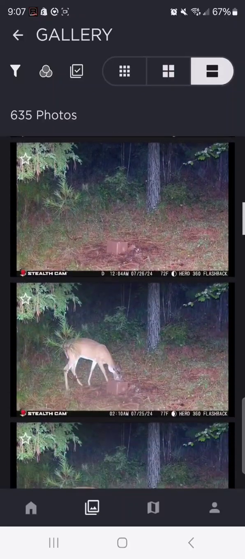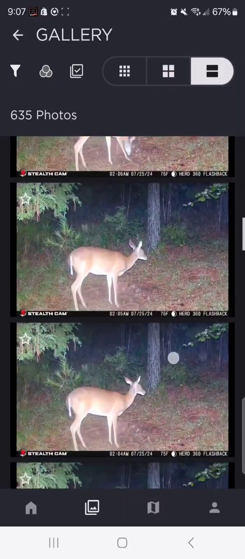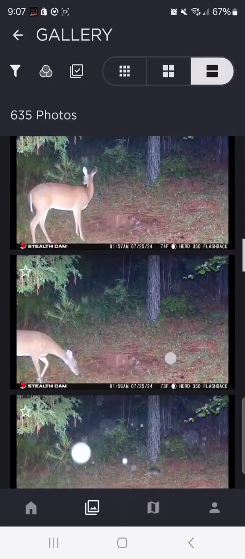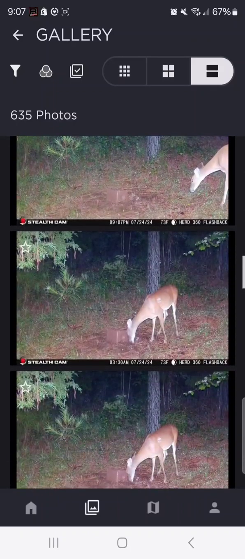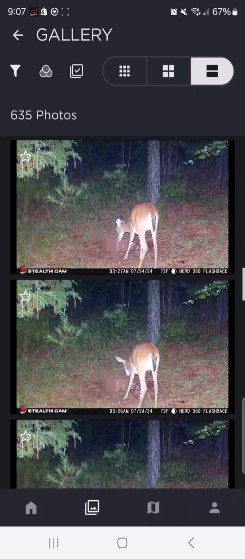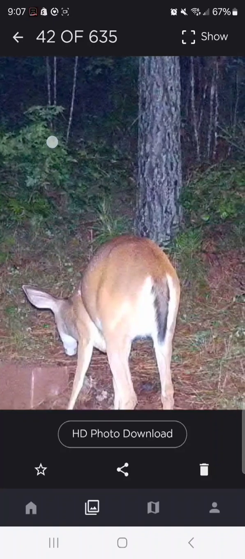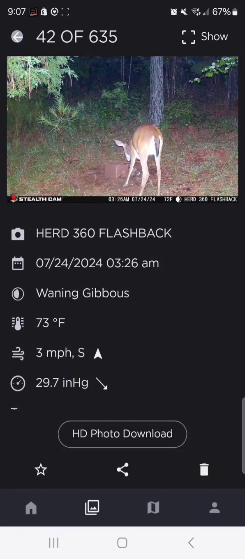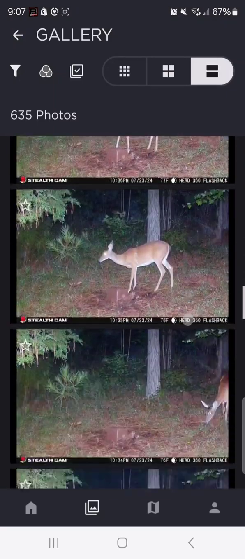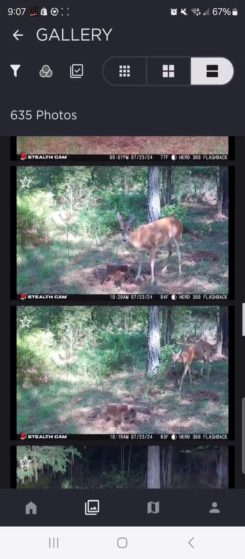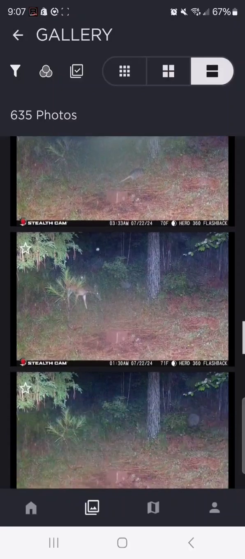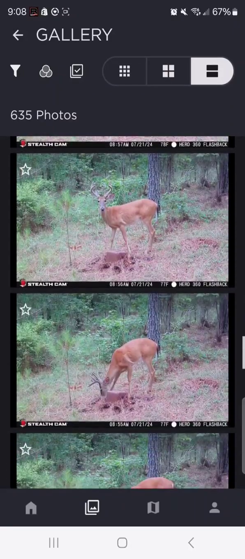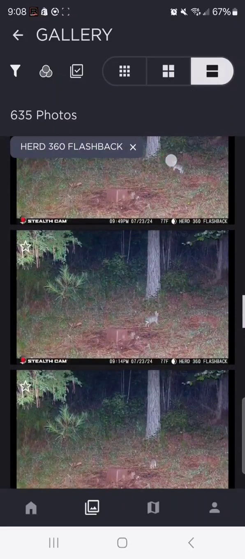Don't really get many buck pictures at this mineral rig, but as you can see, and it's still, again, let's look at the details. Barometer. Really cool stuff, guys. Stealth Cam stepped it up. I'm impressed. All right, I hope that showed you guys something, and I'm sure I missed some things, but you go